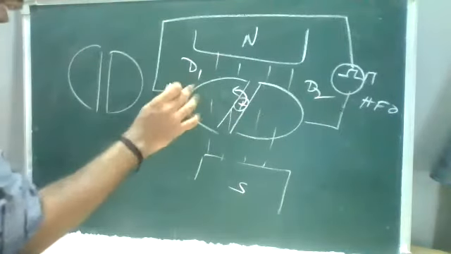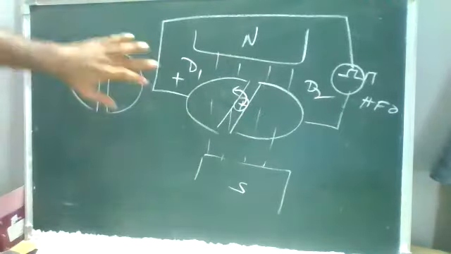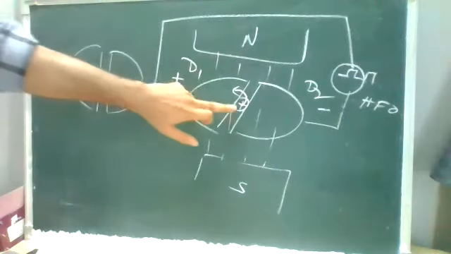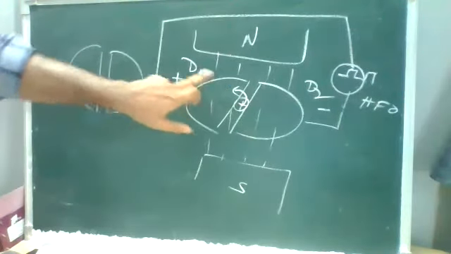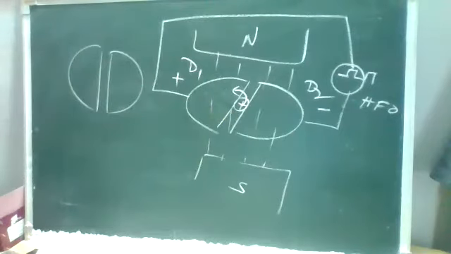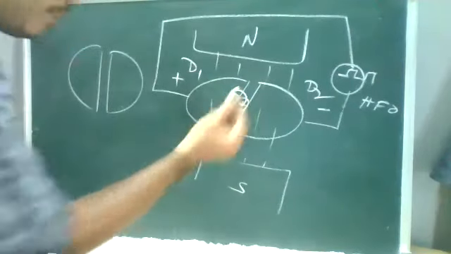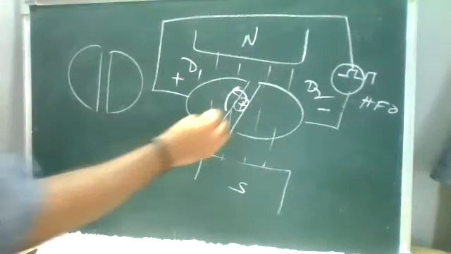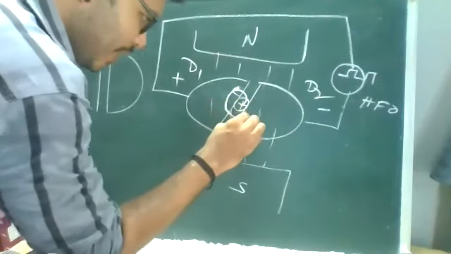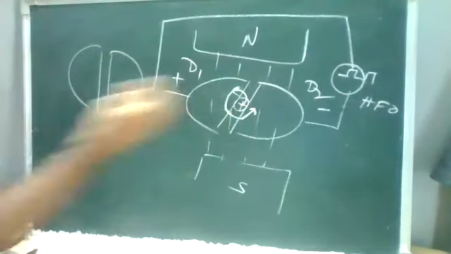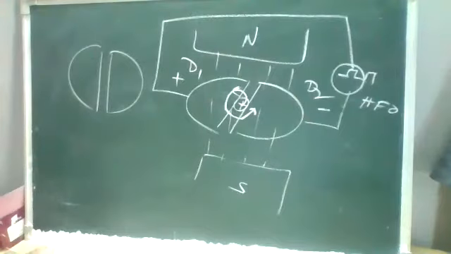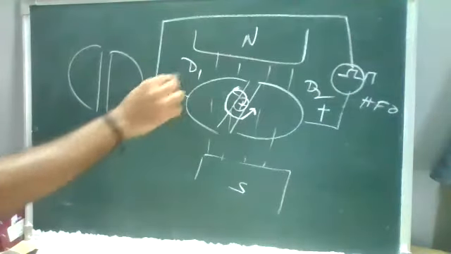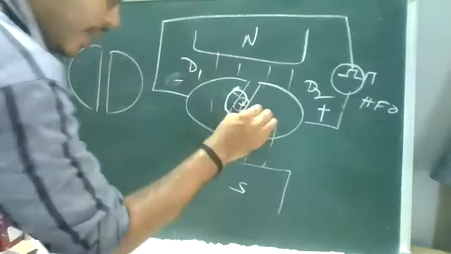With the pulses, D1 will get the positive charge and D2 will get the negative charge. When the charge enters D1, D1 is positive and the charge is also positive, so it will repel, and it will accelerate and move faster. Moving faster, it again travels in a circular path and enters D2. Again, because of the pulses, D2 will get positive and D1 will get negative, and again it will repel.